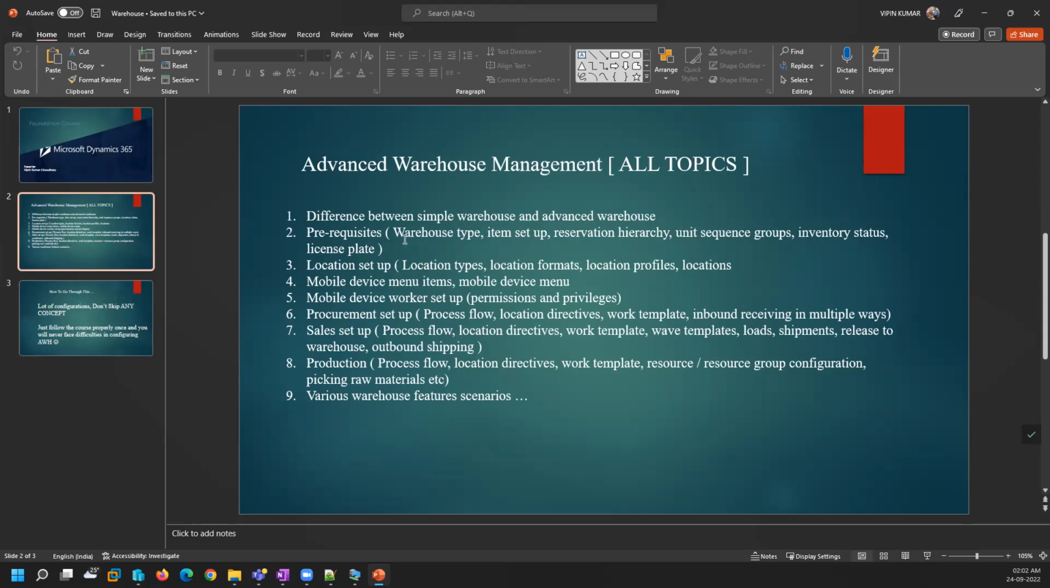We've already discussed what a warehouse type is, and today we'll be discussing the item setup, and the concepts of reservation hierarchy, inventory status, and license plate, which are very crucial. To get a good understanding of the advanced warehouse mechanism is very essential. They were already explained in the previous session. So let's go ahead with the item setup, and I'll also touch upon the reservation hierarchy and a bit about